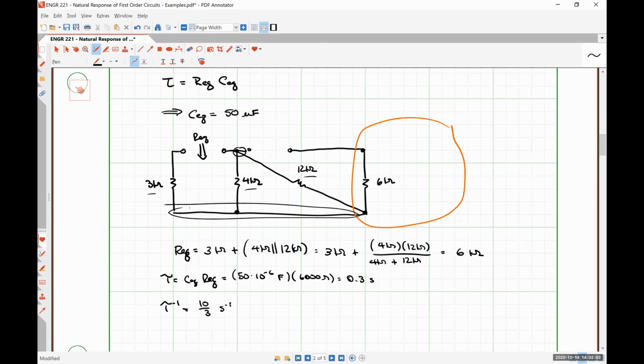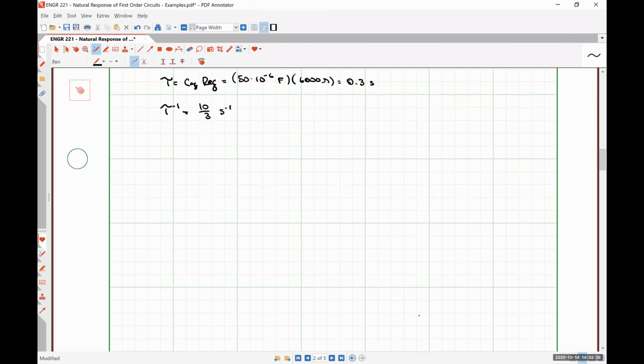So any question about how I determined the equivalent resistance for this particular network from the perspective of the capacitor? Anybody got anything to say? All right, so just to be super clear, it's always done during the transient condition, looking at a dead network. It's the exact same thing as the Thevenin resistance. All righty, our last step,